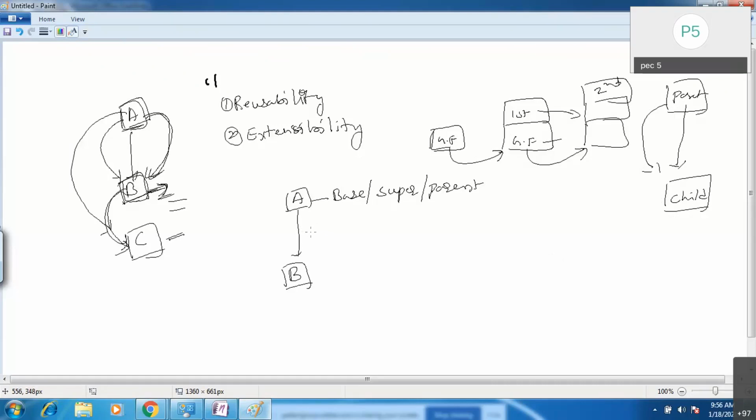The class which gives the properties is called the base class, superclass, or parent class. The class which gets the properties is called the derived class, or subclass, or child class. Simple. This is the scenario related to inheritance. It gives reusability and extensibility. Reusability means that